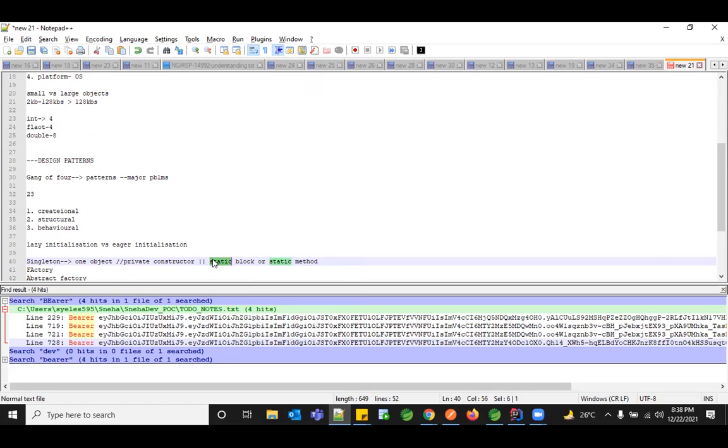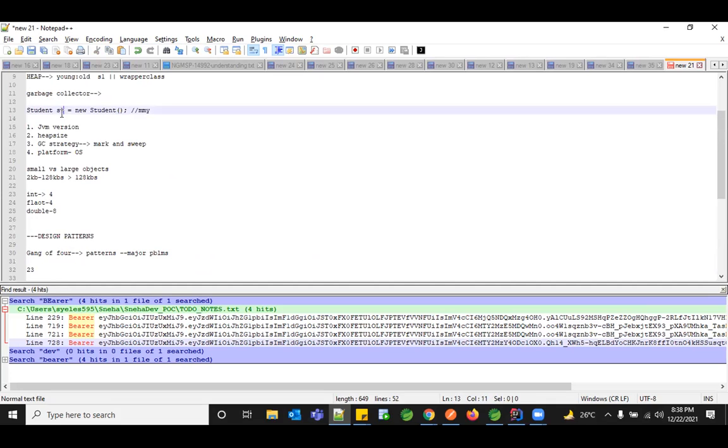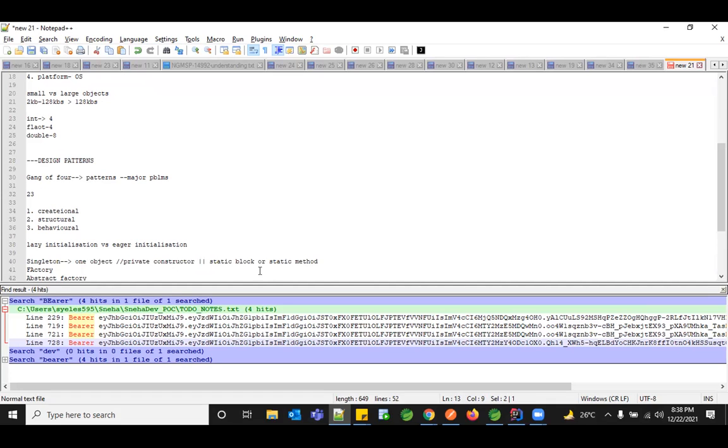So what is a static method? You don't need to create an object. You just need to call that static block with the class reference. So if your class is Student, Student.getObject, any kind of name. Only when I invoke that, I'll be able to get an object created as S1. Unless then I'll not be able to create an object. So I'm restricting my object creation pattern with these few criteria. My constructor is always private, and I can create an object through my static block or a method.